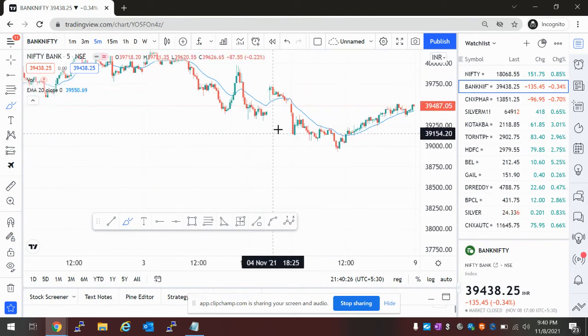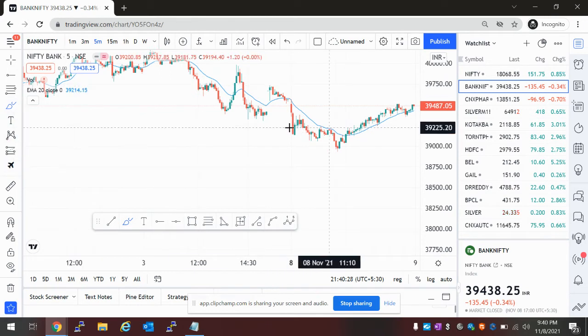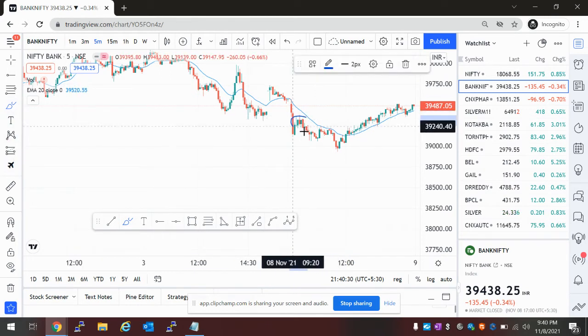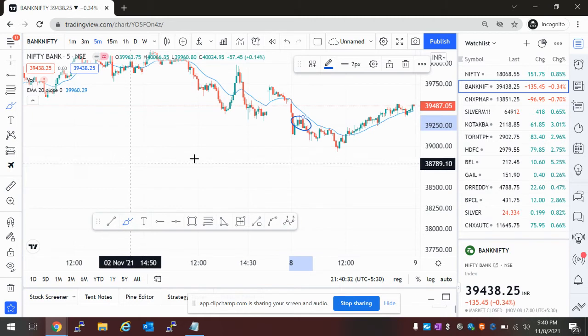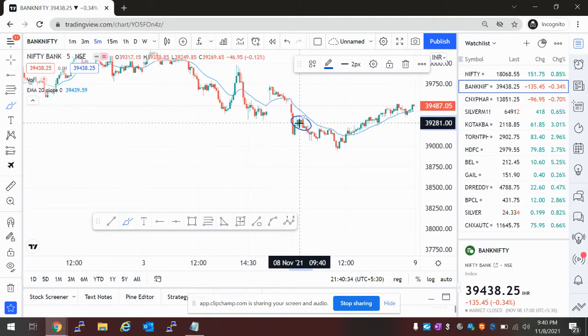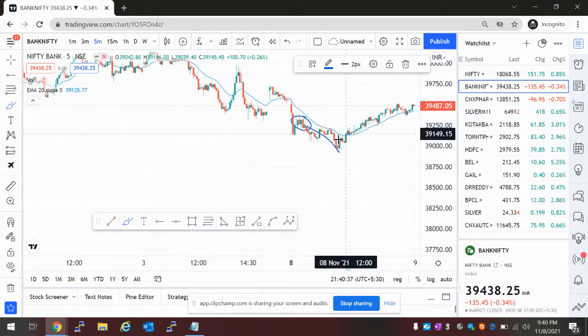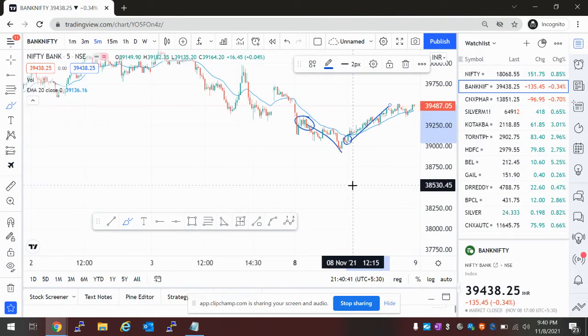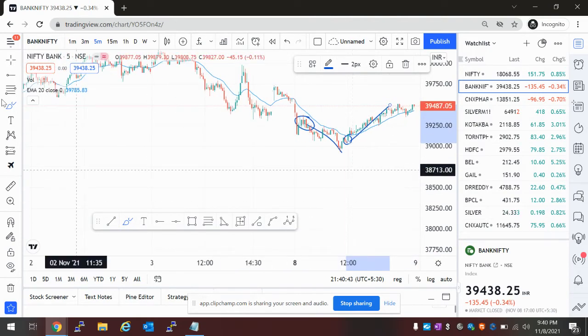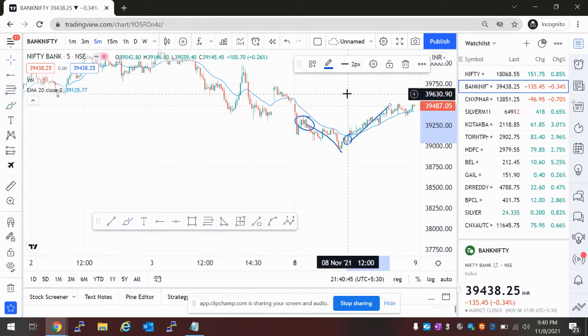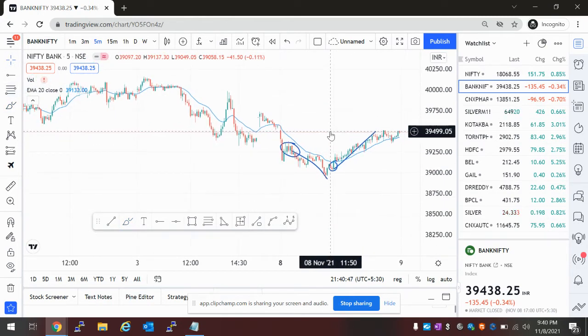See, this was a sell area. Wait for 7 to 10 days. This was a sell area. My strategy will give you this, and this is your target. Again a buy, again your target. So this is possible. So allow me some days. I'll prepare slowly. I am preparing the videos. It is a good experience for me to prepare these videos.